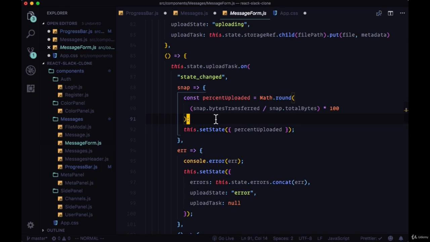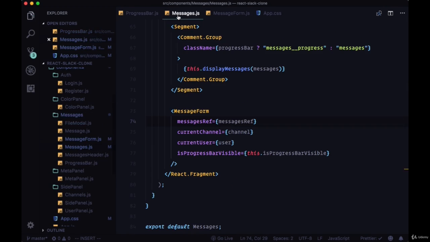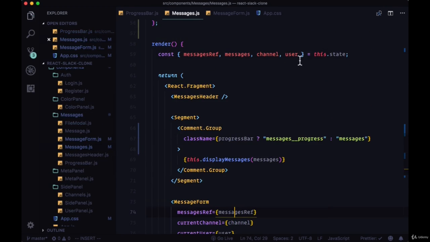And within message form, within our state change listener, we'll execute this.props.isProgressBarVisible, and we will pass in percent uploaded to that function, and it'll change the state of the parent component of the messages component accordingly. So within the render of messages, we need to destructure the progress bar property so that our class name ternary will work. If we save all of our files